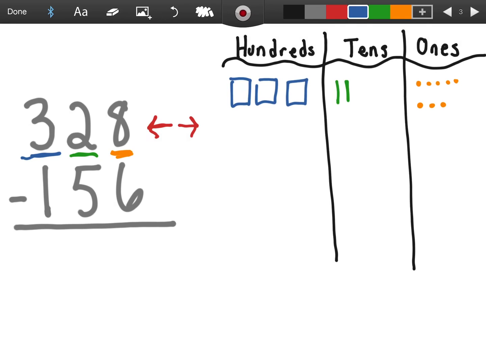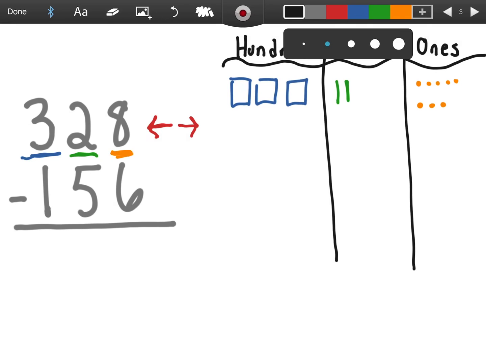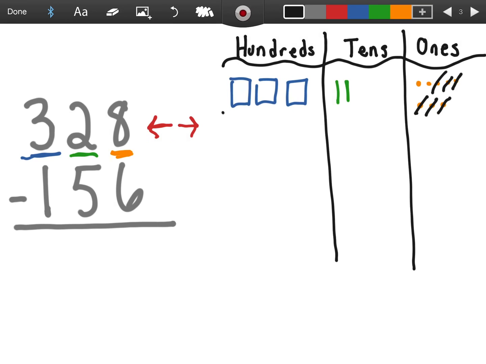Now, we're going to start subtracting. So we're always going to start in the ones place. So we have 8 minus 6. So if we go over here, we could cross out 6, 1, 2, 3, 4, 5, 6, leaving us with 2. And then for our tens, we have 2 tens in the tens place over here, and we can't take